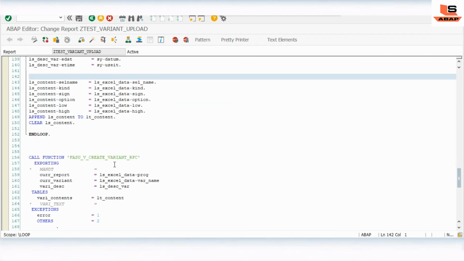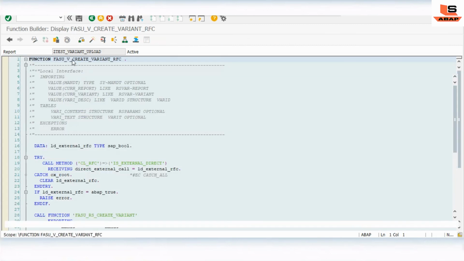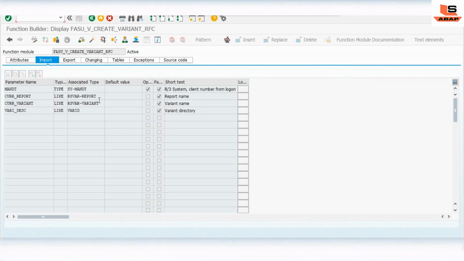This description, and we will define program and variant type also.